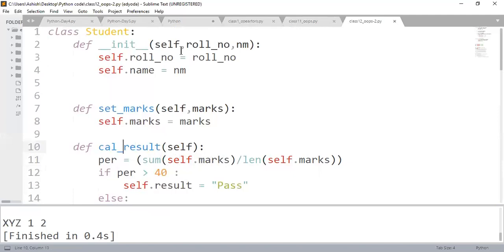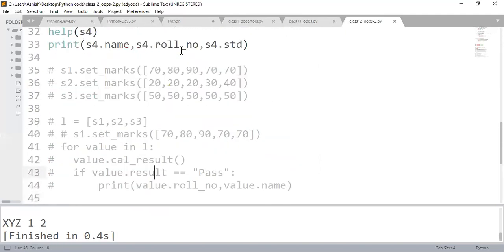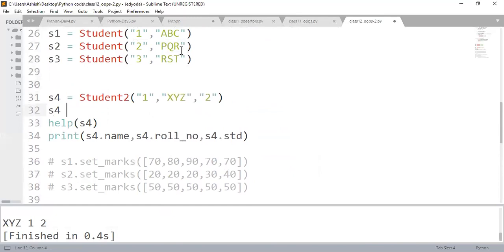So this method will be there, calculate results, same name, but I want to change the functionality. Okay. So I'm going here. Let's create 2 3 objects for this class. Chalo, s value is equals to